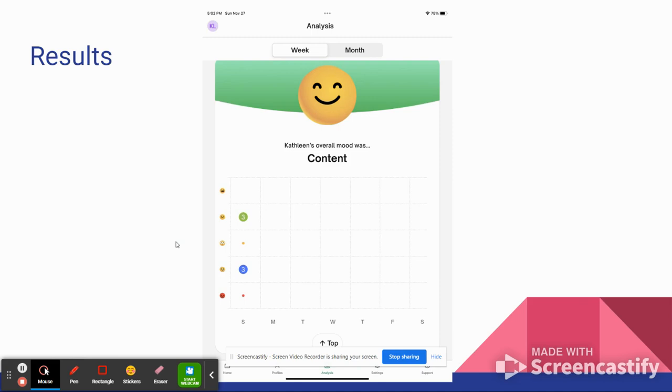This piece is great because it allows educators, parents, special ed teachers, administration, whoever, to be able to look at results and track progression or progress. I think that's one of the biggest benefits of this app, is that it gives you this information, so you can have progress reports, so you're really able to understand how the child is progressing, what some causes are. That is one of the biggest upsides about this app, that it's able to show your progress or your regression.